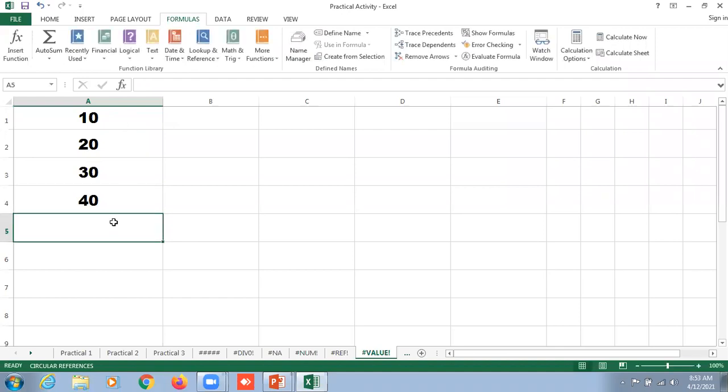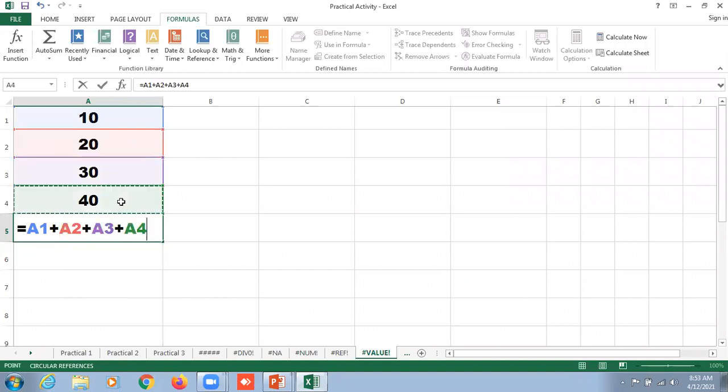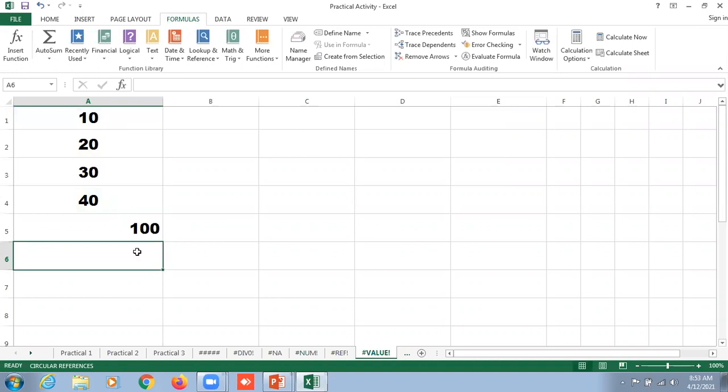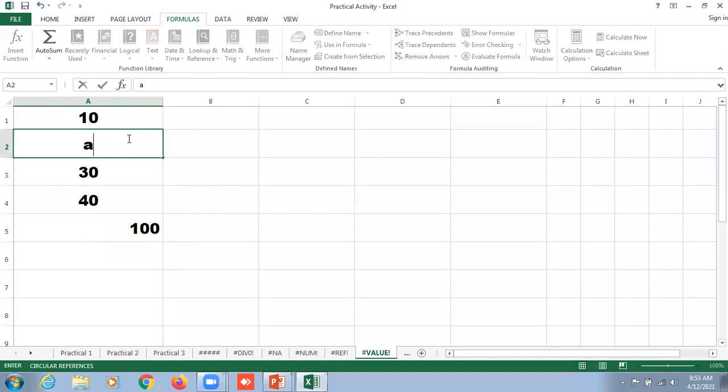I am just going to type the formula here: A1 plus A2 plus A3 plus A4. Then it displays the output as 100. But what happens when we change the value of 20 from 20 to AB?